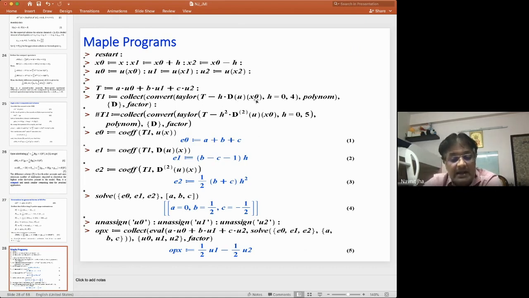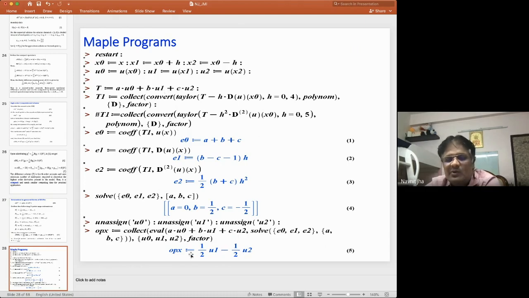That is, I am finding the approximation at the central mesh point, that is x naught, and just expand it with the help of Taylor series, then convert it into a polynomial and collect all the derivative terms, and make it factor. You will get three equations. Solve them, and you will get a, b, c as this. So with this value of a, b, c, I will put it in this t,